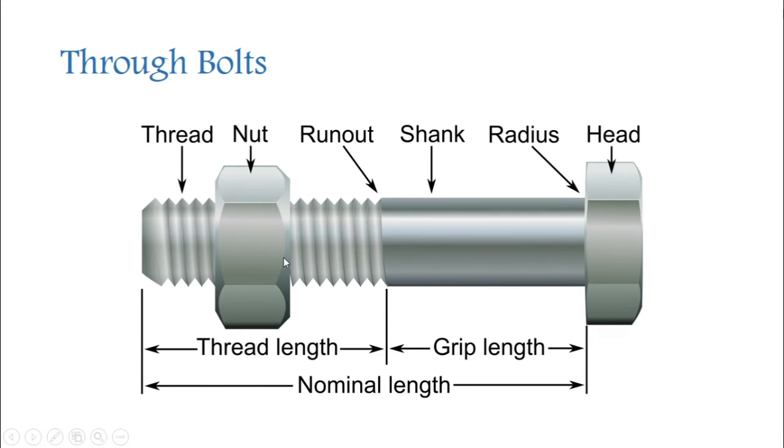The head of the bolt and the nut are either hexagonal or square in shape. The head of the bolt and nut are either hexagonal or square shape used in industries. Hexagonal head bolts and nuts are popular in machine building industries, and square head bolts and nuts are mostly used with rough types of work like construction work.